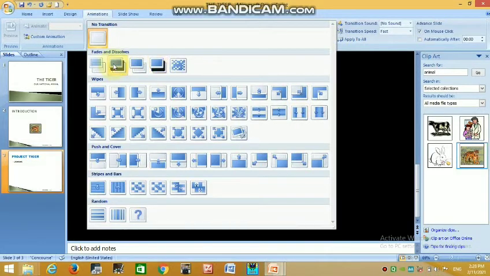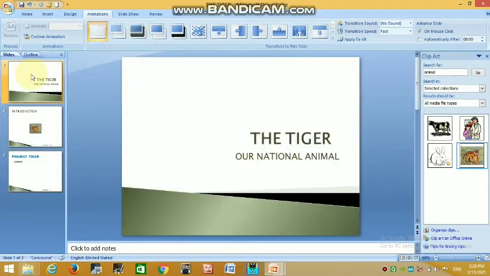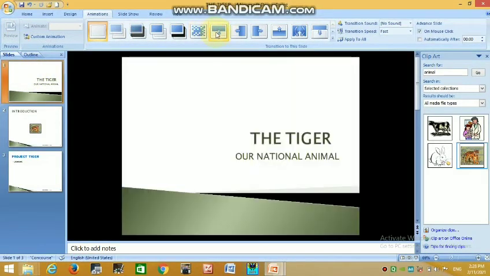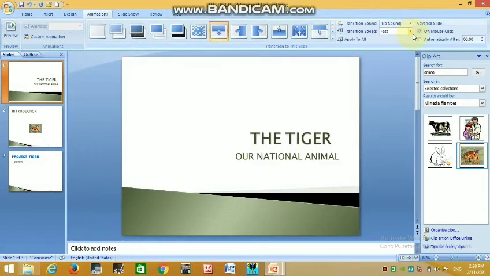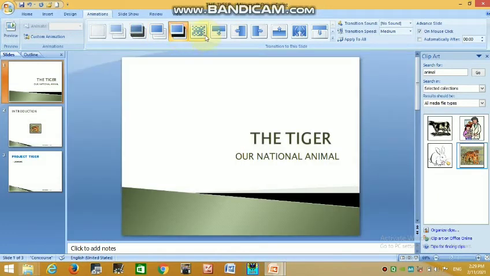You can give effects from here. Now choose the first slide and give the effect, and set transition speed to medium. If you want to give this effect, see this. This is a different effect you can give to your slide.